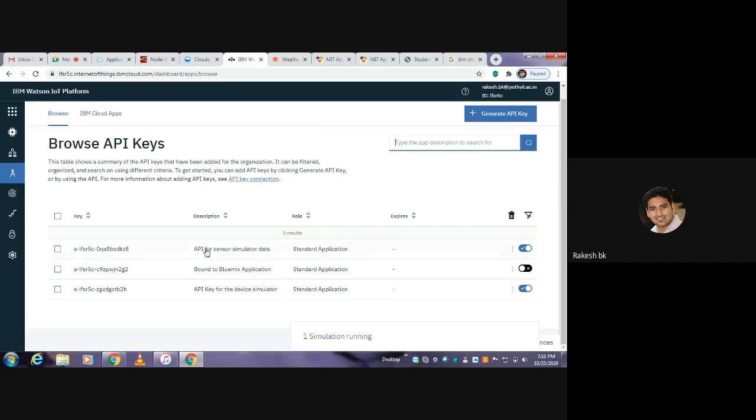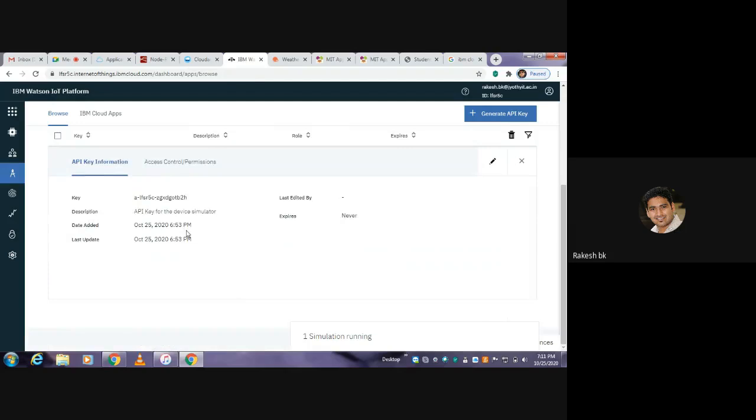So here you already created an API for that respective IBM available services. That service was to generate inbuilt sensor data, right? So I have just withdrawn some already inbuilt sensor data available in the IBM Watson IoT platform. During that, I created an API for it. You can observe this is an API which is available. You can click on this, and it gives all the details of it.